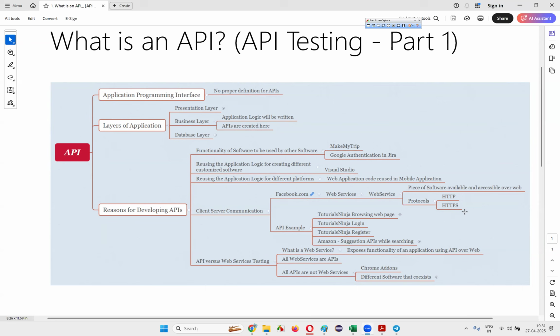So many other things are there, guys. What is the difference between API and web service and client-server communication? Many other things about APIs are there. We are just at the beginning. That I'll cover in the next